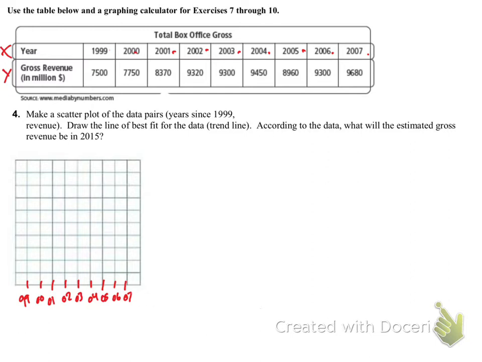On my y-axis, that's the money and revenue. Now I've got this really big number right here, 9680. So what I need to do is 9,680 divided by the number of lines. We have 10 in there, so that's going to then equal